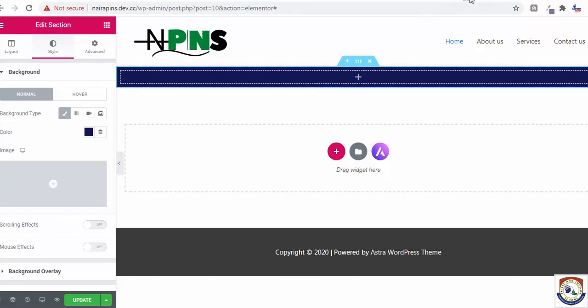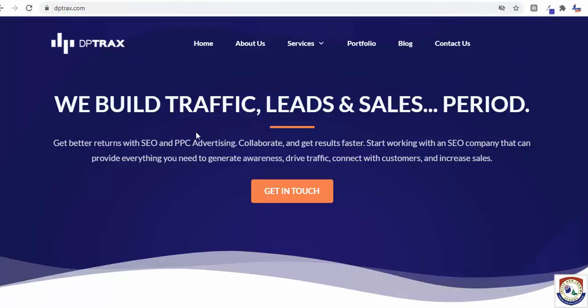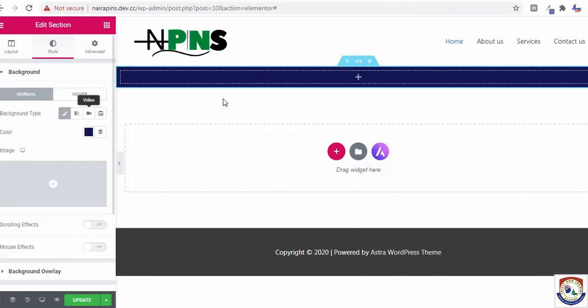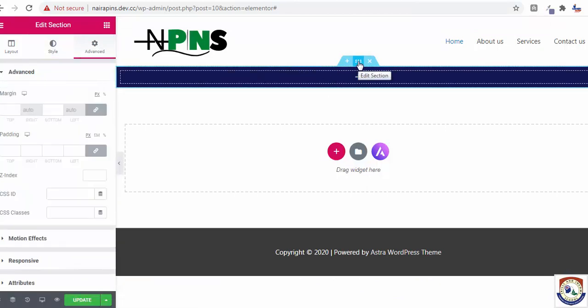Now you want to space this. You can see that this space has about 50 pixels down. So you want to give it a space. Okay, how do you do that in Elementor? So once you come here, you come to advanced. Okay, we are still on this. You click on this edit section here, please. You click on this edit section here. So once you come there,